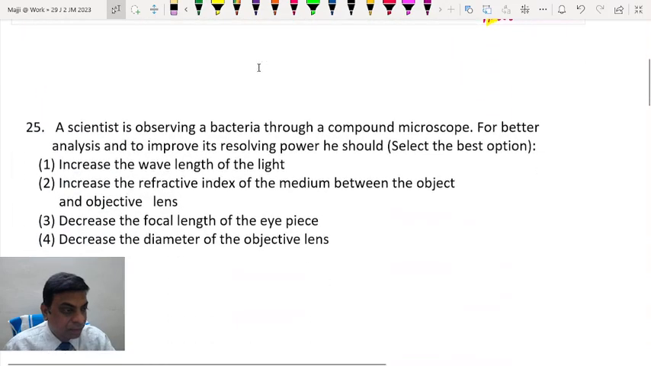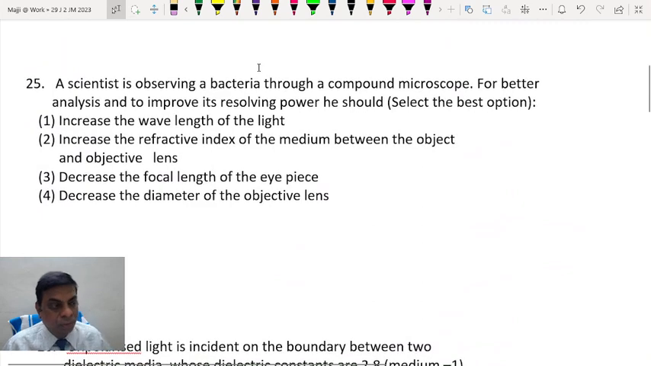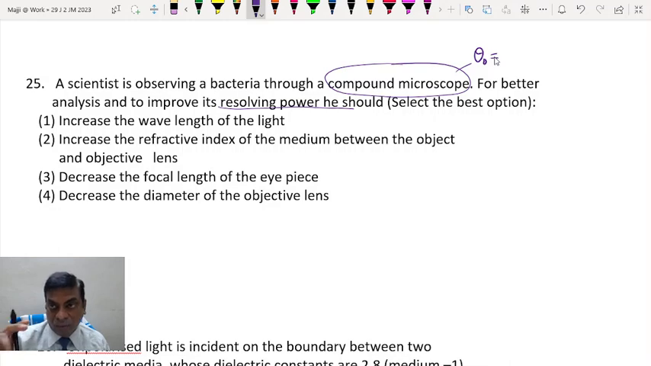Moving to the next question. A scientist is observing bacteria through a compound microscope. For better analysis and to improve its resolving power, he should. Now, you see, resolving power is the reciprocal of the limit of resolution. For a compound microscope, the limit of resolution is the smallest angle which should be subtended by the